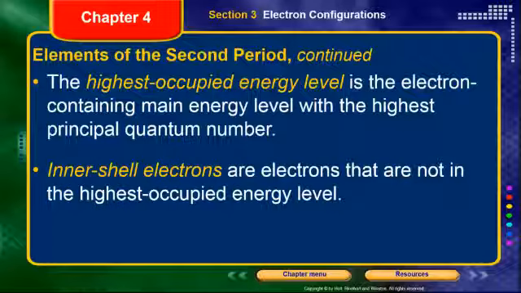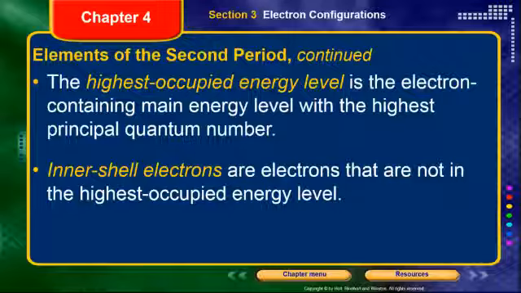Now, that leads us to this idea of the highest occupied energy level, and that's just what it sounds like. Whatever energy level is the highest energy level that is actually occupied, right? Because we have several energy levels that won't have electrons in them. And if they don't have electrons in them, they are not occupied. So the highest occupied energy level is the electron-containing main energy level with the highest